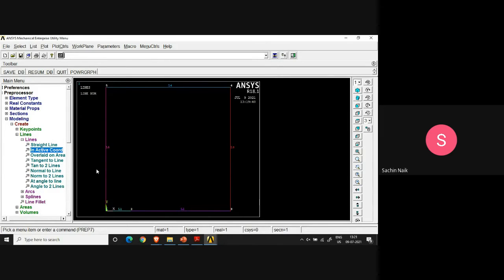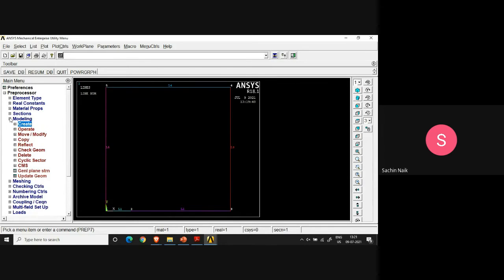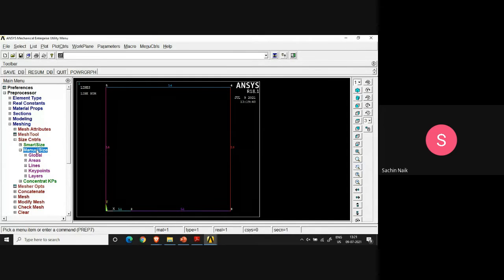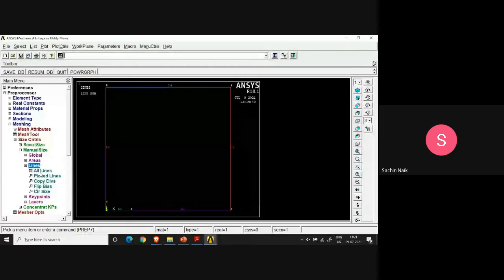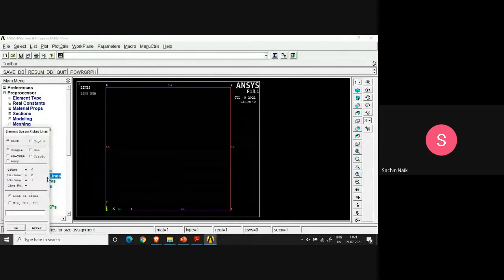So you have to make a controlled mesh in this case. What you have to do here is go to the meshing option. Okay, so from modeling, I go to the meshing option. Then I would like to control the size in the way I want it, so I will do that with manual control. I have already drawn the lines, so using the lines I can do that, and I'll pick the lines that I want to control the number of elements on. So first of all, I would like to pick up line 3.